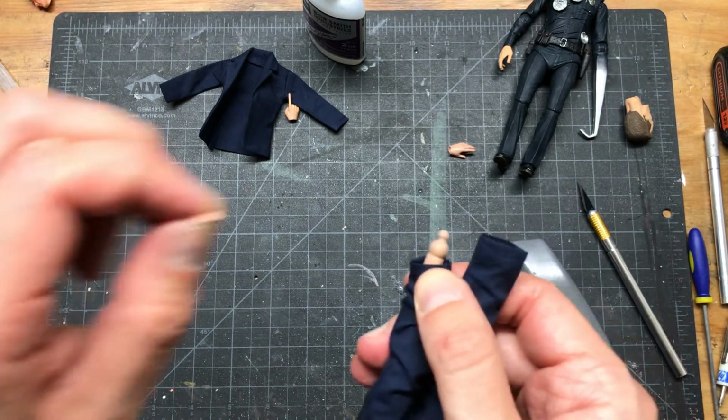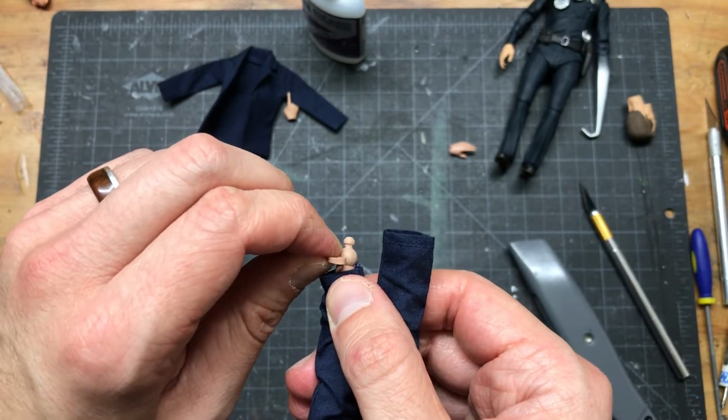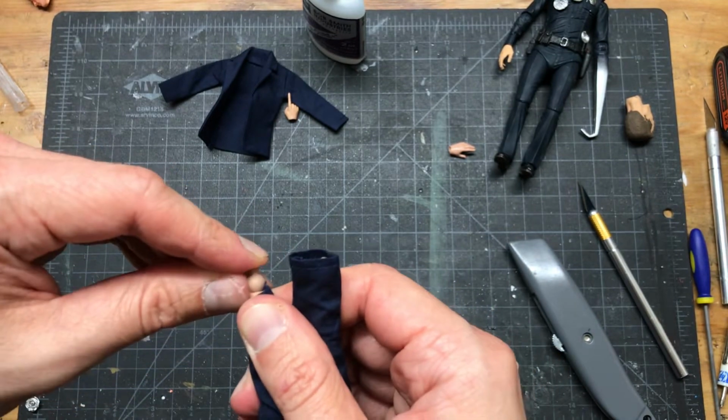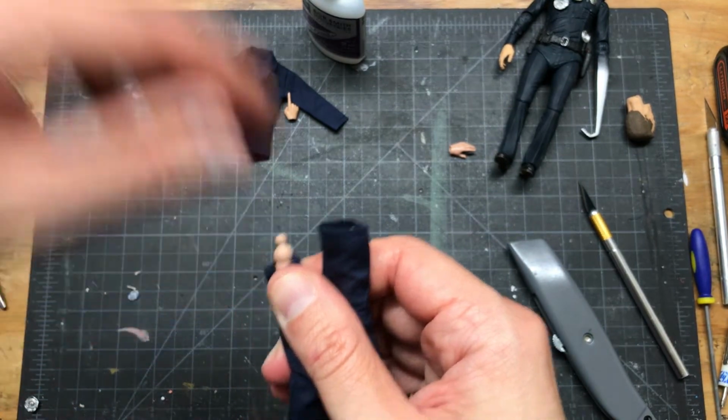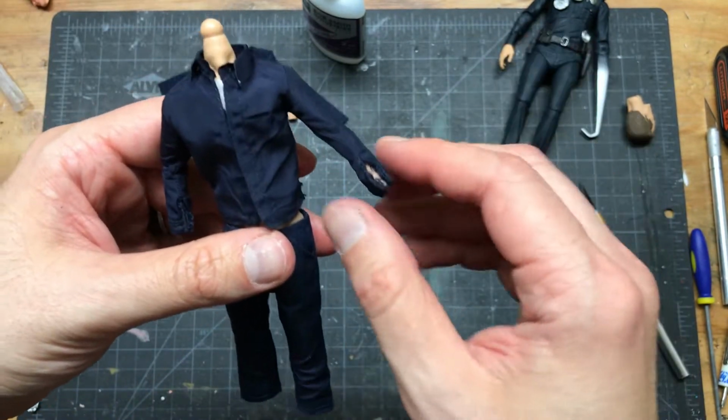I'll show you. This is the piece that came off. So you can see how much I shortened it, and then I drilled into the leg part and really just popped that in further, this peg here, and that is going to make a more accurate height to what we need,